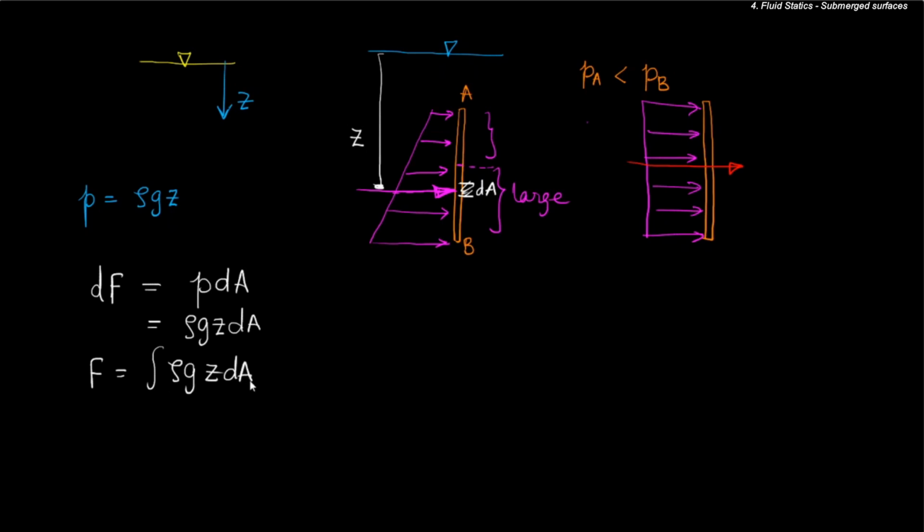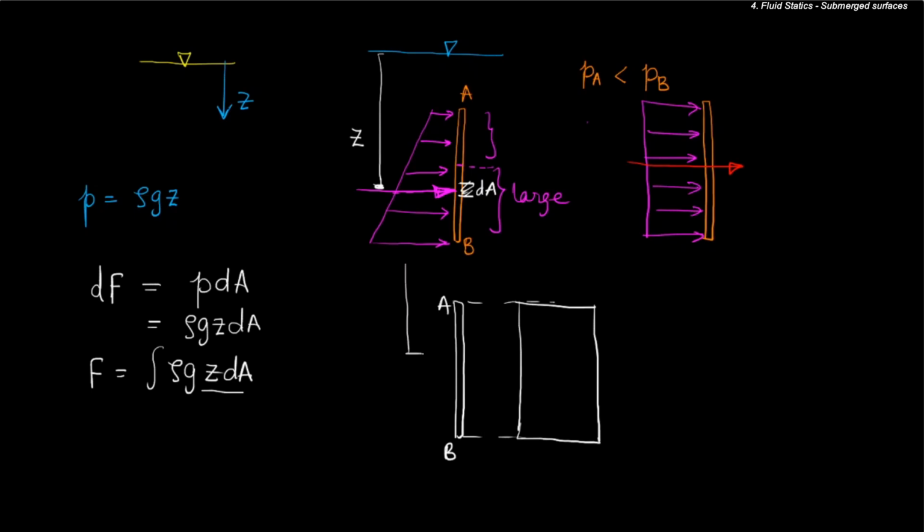And depending on how A varies, it need not be a two-dimensional object. But if it is a two-dimensional object, say the cross-section, the side view is this, but the isometric view is something like this, then the area does not vary with z. The area is simply equal to, let us see how we can define this. If this is the side view of the plate, that is AB, then the front view of AB, if it is something like this, let's say it's a rectangular plate, and if this is the distance z,